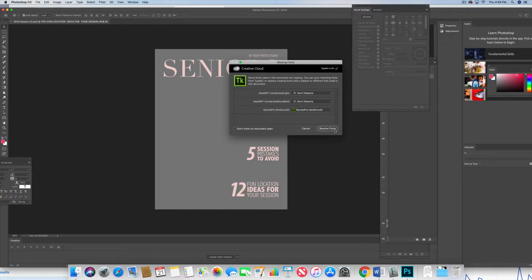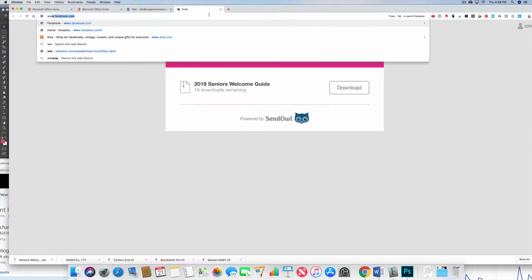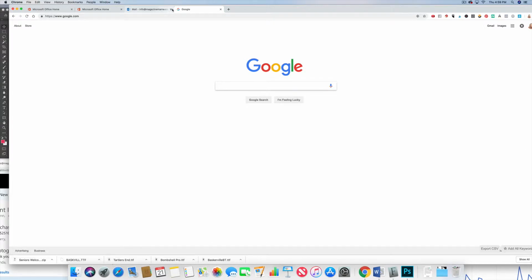fonts. If you hit resolve fonts and you don't have them in your computer, it'll replace it with a different font. So as you can see here, it's looking for these three fonts. So it says Adobe MT Condensed Light, Adobe MT Condensed Extra Bold, and Myriad Pro Bold Condensed Light. So what you do is you go to Google, because most all these fonts are free fonts that I